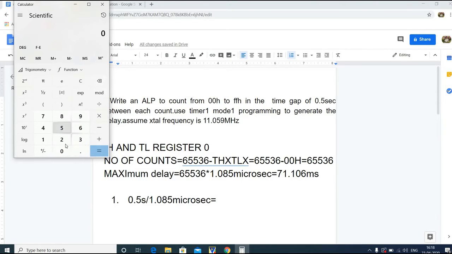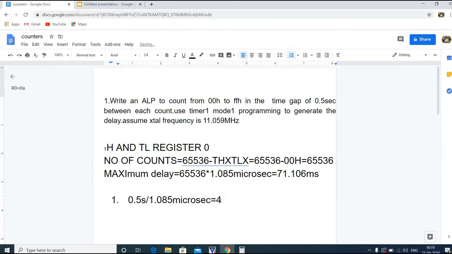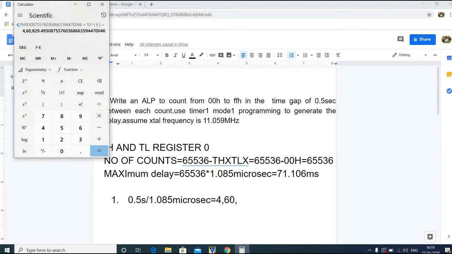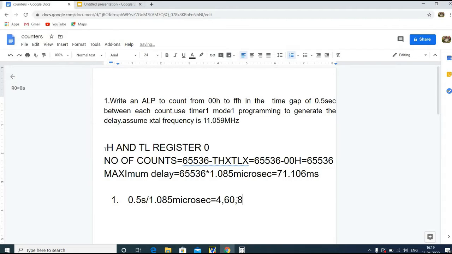Let us divide now: 0.5 second divided by 1.085 microsecond. Here we get 460,829 cycles, right?